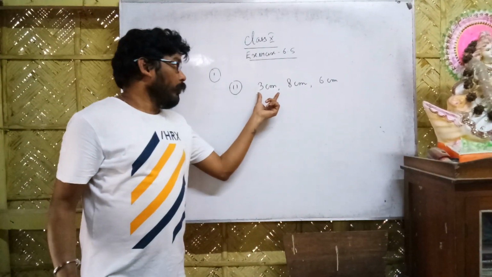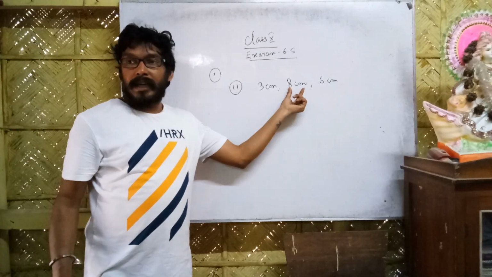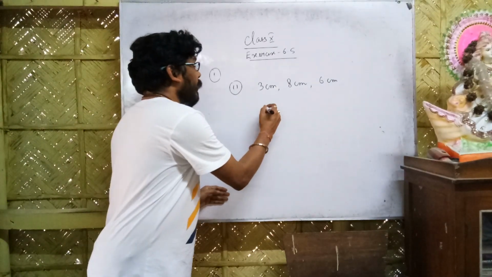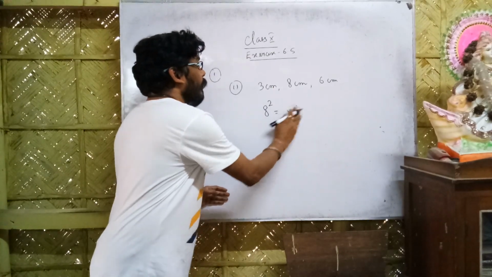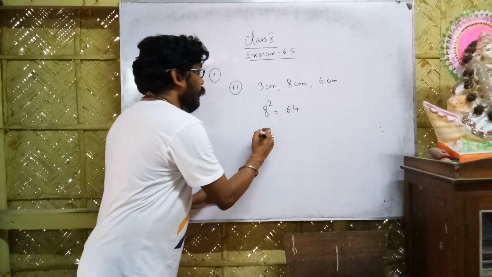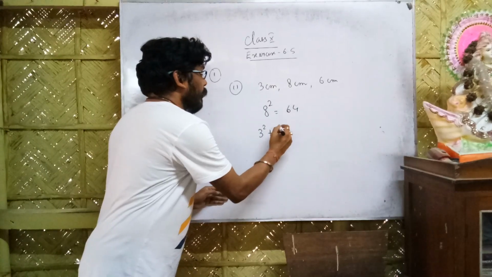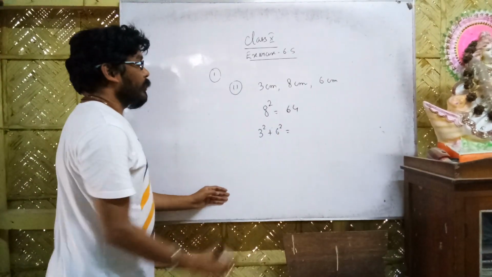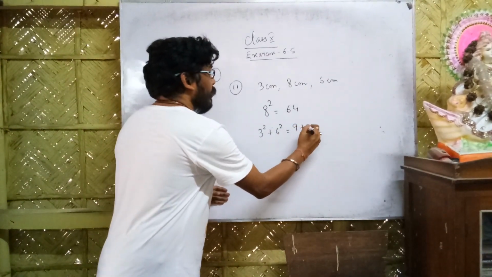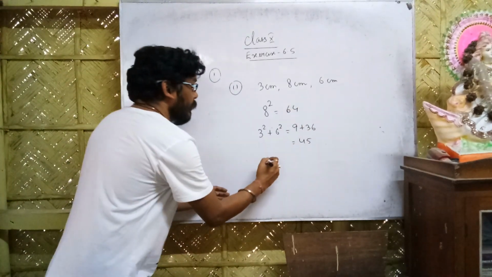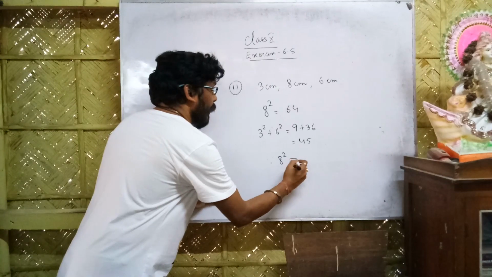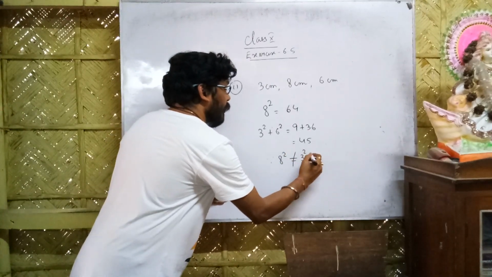In Roman number 2, the longest side is 8 centimeter. Take the longest side, square it. It is 64. Other two side is 3 square plus 6 square. So 3 square is 9, 6 square is 36. So it is 45. Answer did not match, since you will write 8 square not equal to 3 square plus